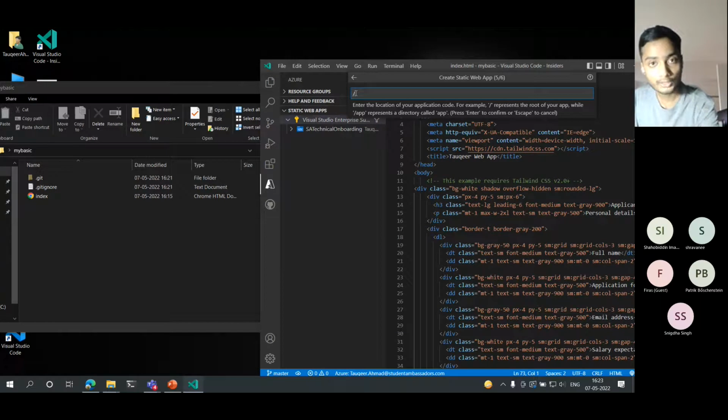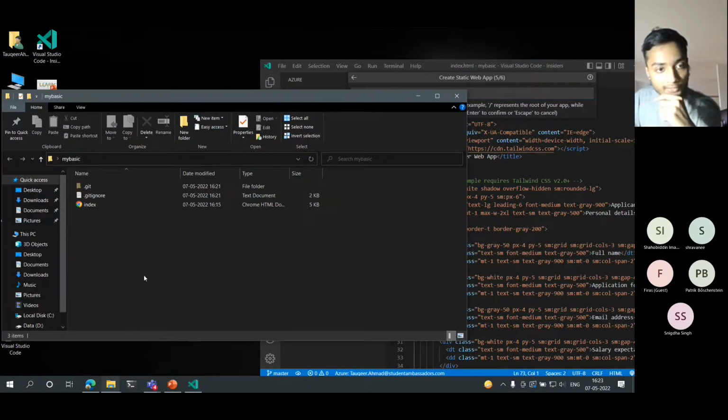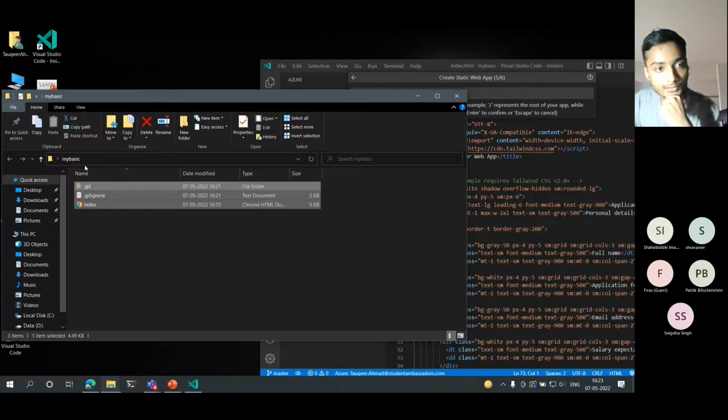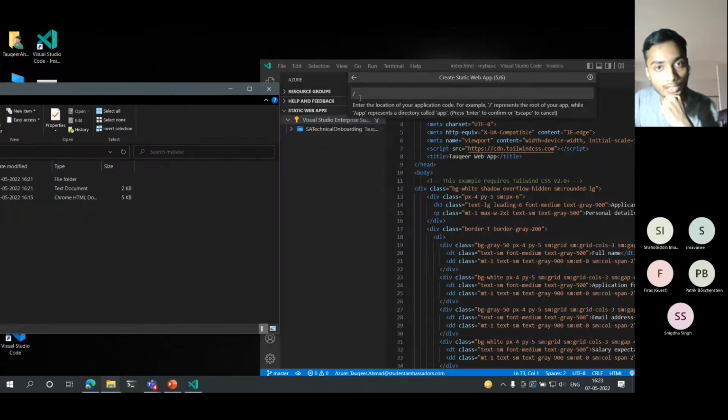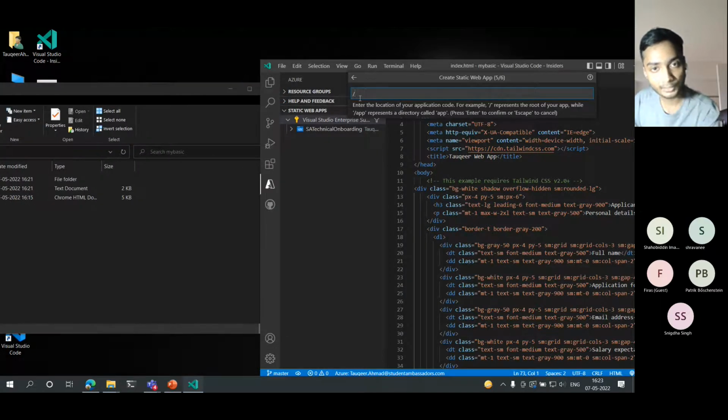The root of this folder is this. The files I'm selecting, this is the root. So that is present in the root itself. You will go and find it over here. Okay, enter. If you're not aware what type of build they will be creating, leave it blank, nothing to worry about.